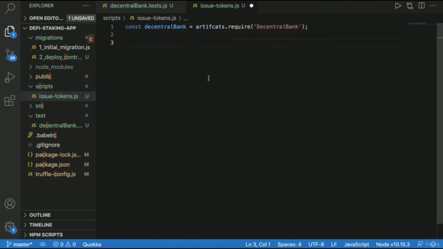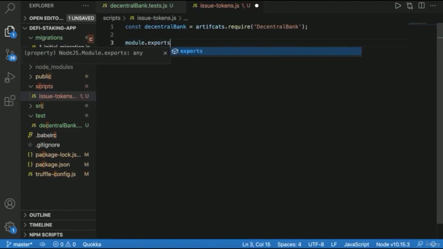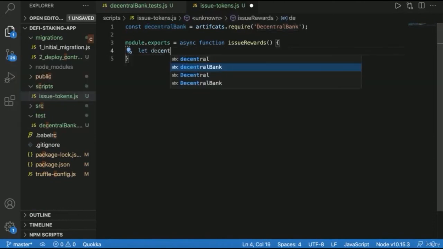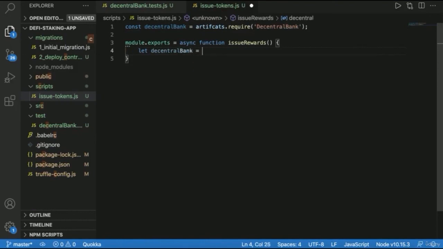And what we're going to do, just straight up, is export this function right away. And we can do that by just passing the function into our module export. So we can just do module.exports like that. And we're going to make an async function. async function issue rewards. Okay. And in here, we're going to bring in our Decentralized bank. So we can say let Decentralized bank equal Decentralized bank